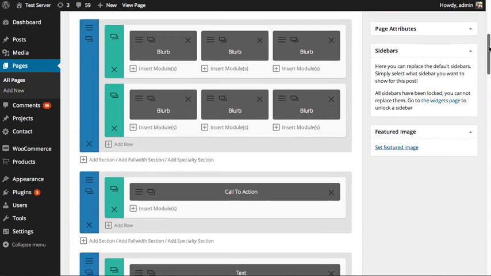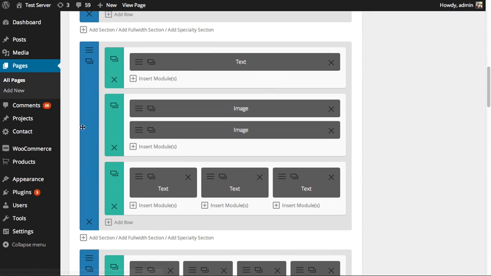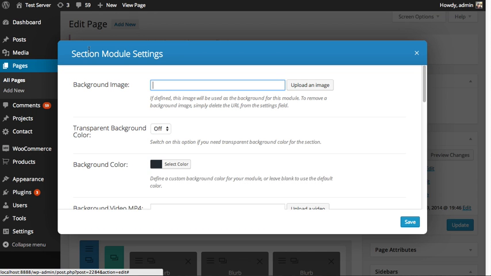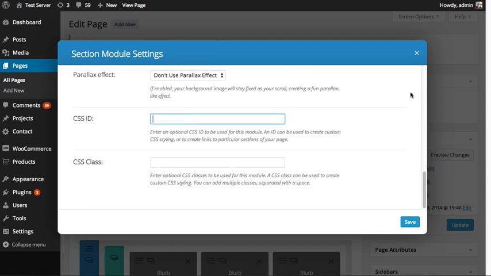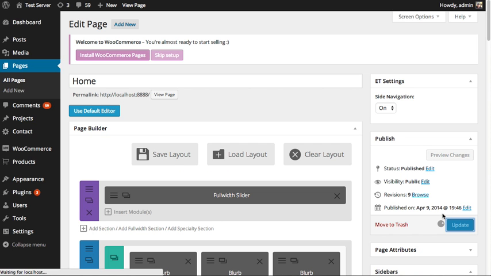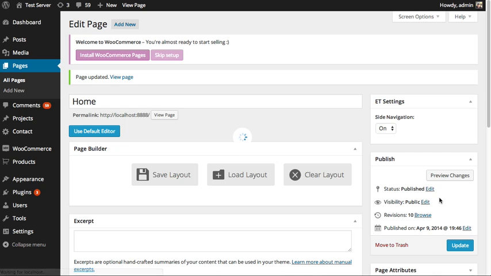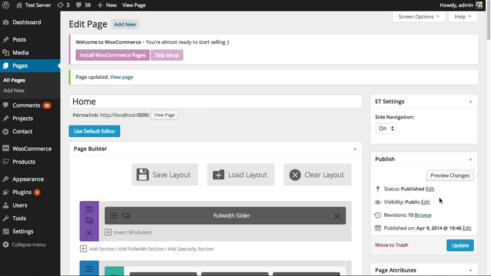I'm going to scroll down to the section that talks about the builder, which is this one right here. Now, all sections have settings. You can see here the section icon, settings icon. I'm going to click that and scroll down and find the CSS ID option. So here you're just going to add an ID that represents that part of the page. In this case, it's builder. So just use something that's easy to remember. Click Save and Update. So I've edited my section and I've added a unique ID that represents that section,